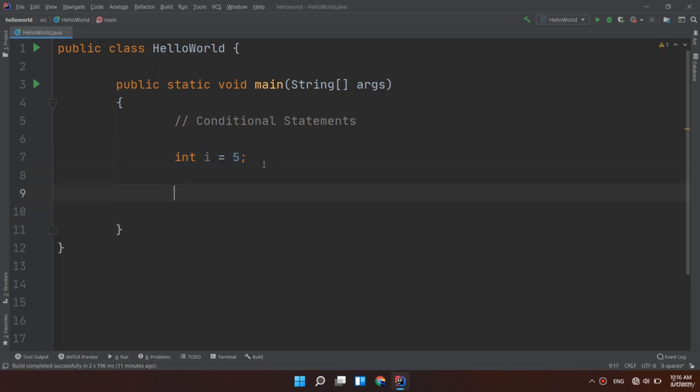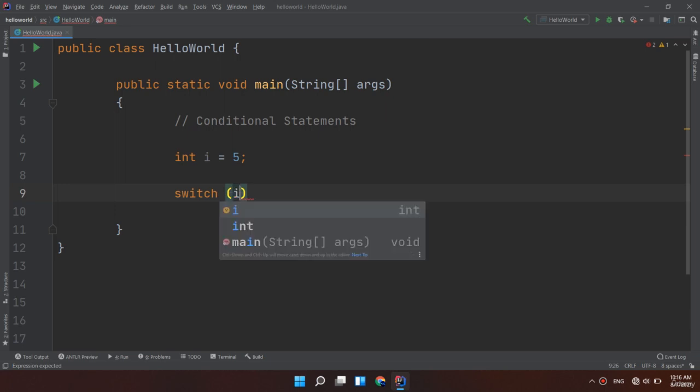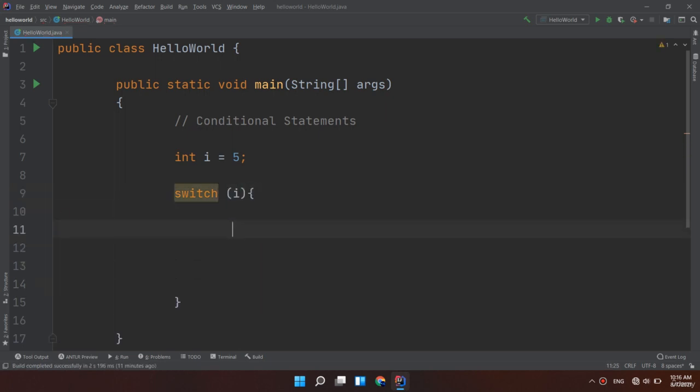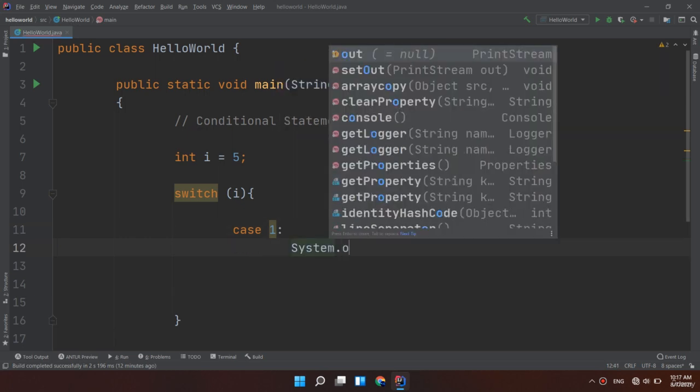We will remove this whole block and we will write something called the switch. So switch, think about it as like a divider or something like if conditions. So we specify here what is the condition, or what is the thing that we are going to test: the value of I. And we start with case number 1, where I is equal to 1. So case I equal to 1, go and execute